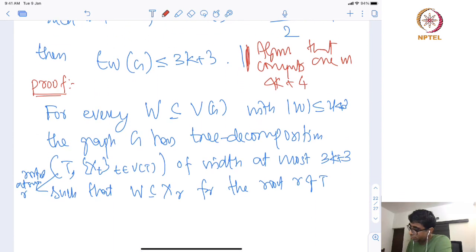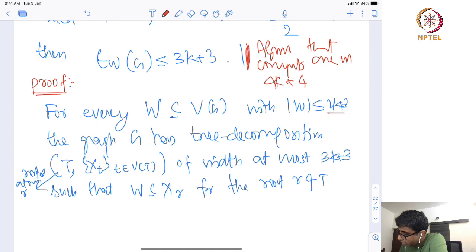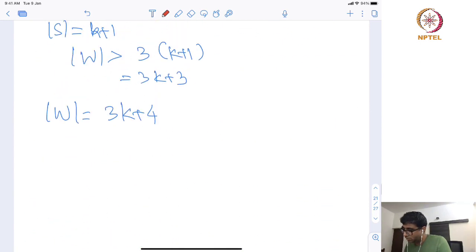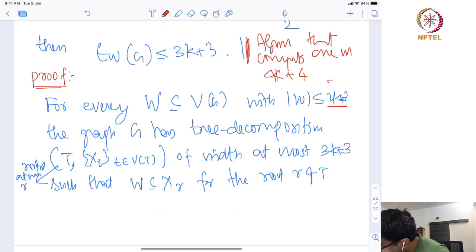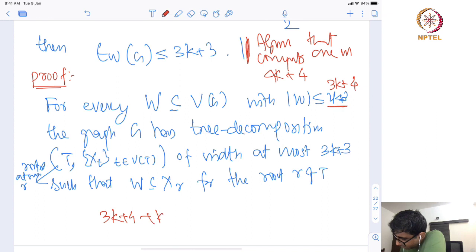So now rather than having this 2k plus 3, I am going to replace this with what we got just now, 3k plus 4. So 3k plus 4 plus k plus 1 will imply 4k plus 5, which is nothing but 4 times